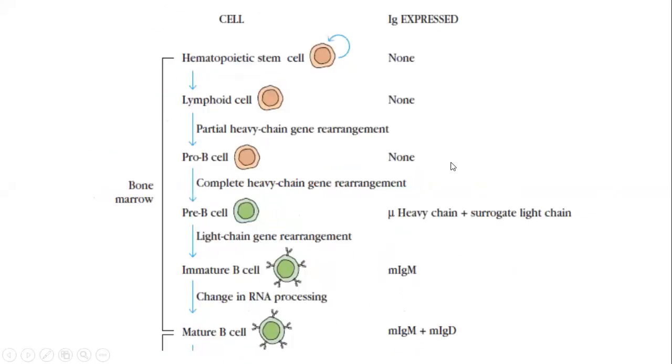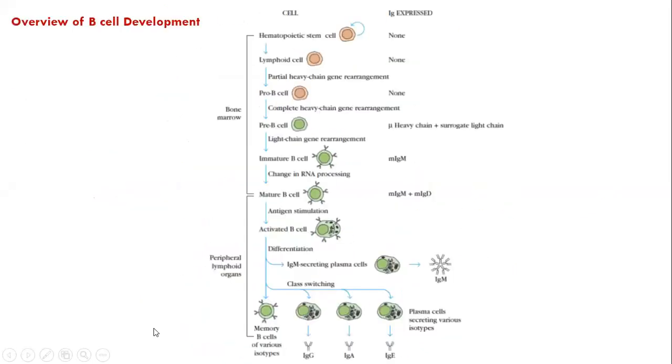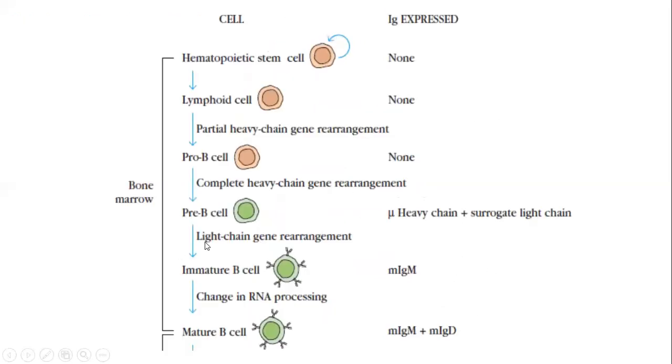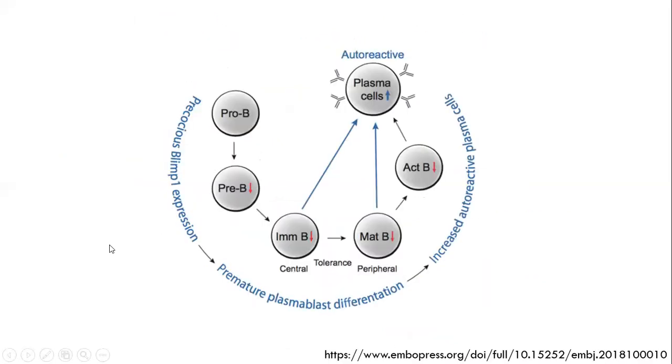But try to write down this process, write down this chart, nicely explaining the organ, where it is happening, and which cell is doing what in terms of the event, the cells, or the polypeptides formed. Again, pro-B, pre-B, immature, mature, and the activated B cell that becomes a plasma cell here.